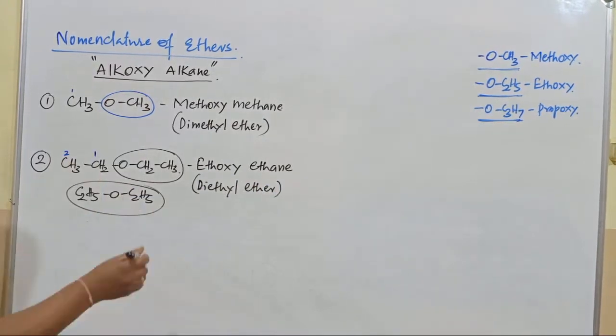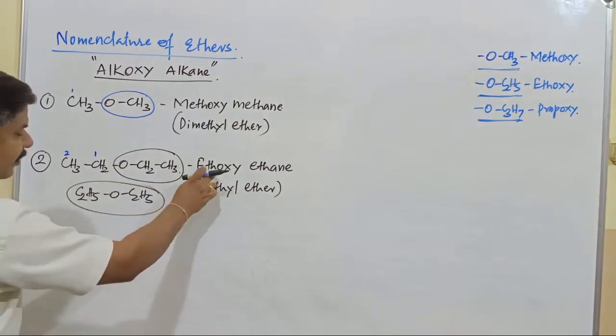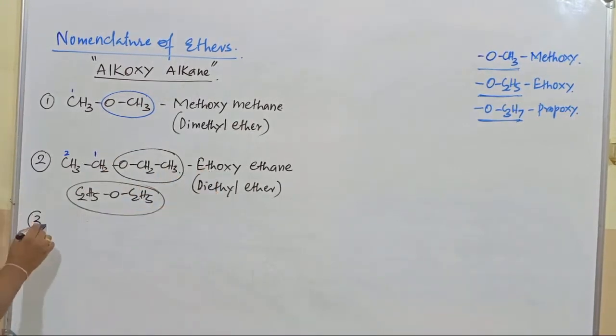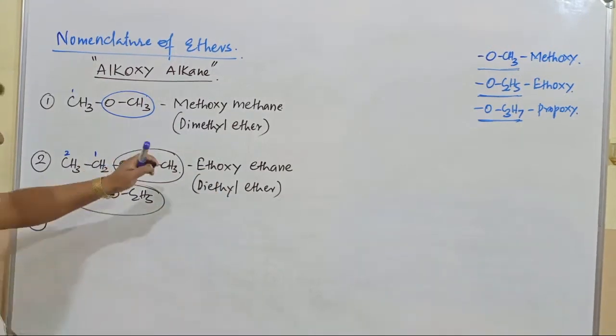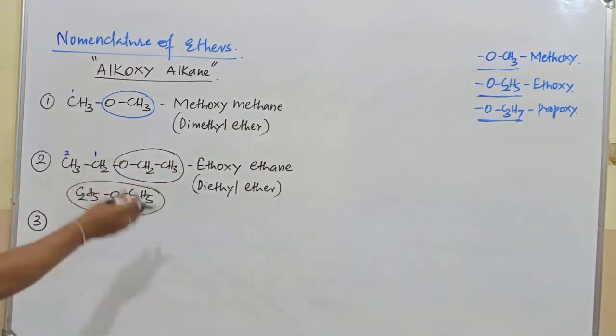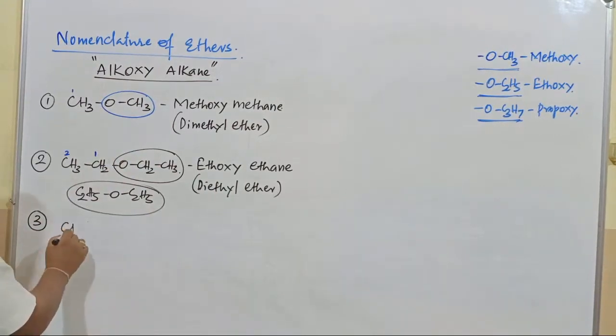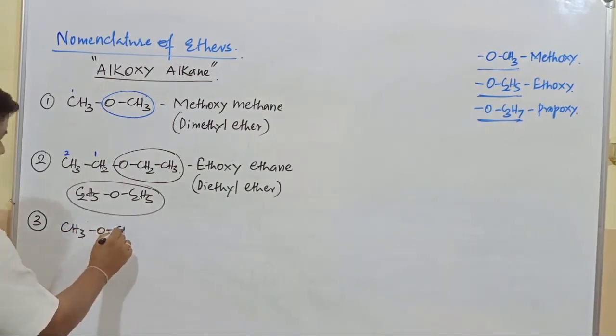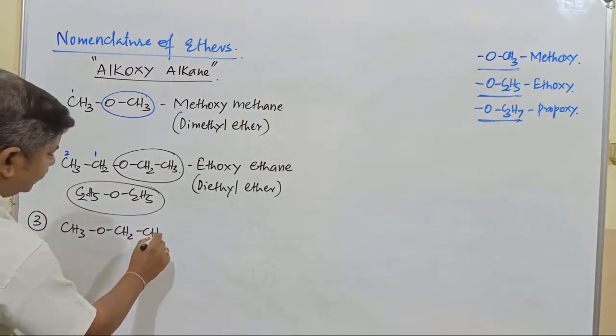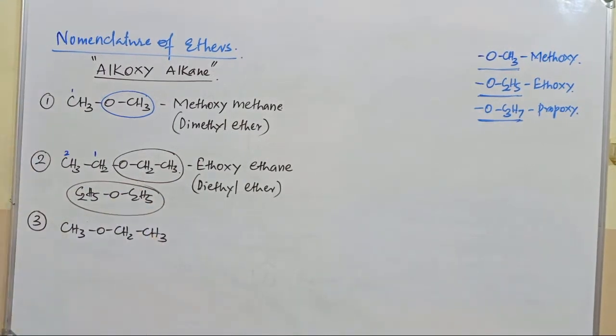This is diethyl ether. Commonly diethyl ether, IUPAC name is ethoxyethane. Alcohols and phenols are quite easy. Some slight difficulties are there, try to identify that one. I'll go with a number of examples. This is CH3, this is O, next one CH2, next one CH3. Whether it is symmetrical or unsymmetrical: unsymmetrical, because different alkyl groups are present on both sides.